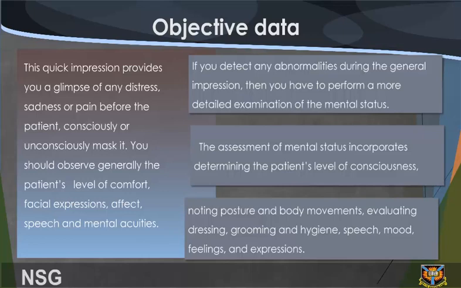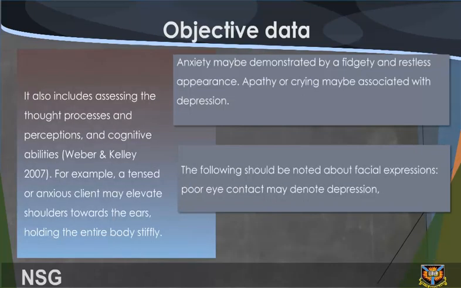If you detect any abnormalities during the general impression, then you have to perform a more detailed examination of the mental status. The assessment of mental status incorporates determining the patient's level of consciousness, noting posture and body movement, evaluating dressing, grooming and hygiene, speech, mood, feelings, and expressions. It also includes assessing the thought processes and perceptions and cognitive abilities. Weber and Kelly,